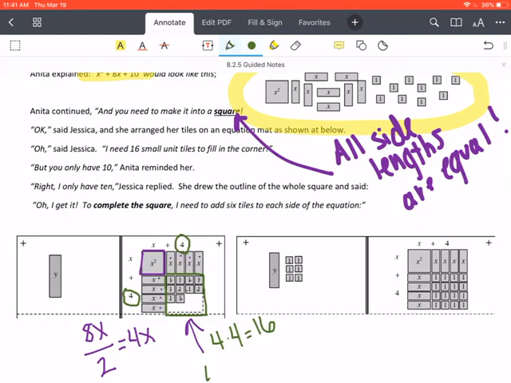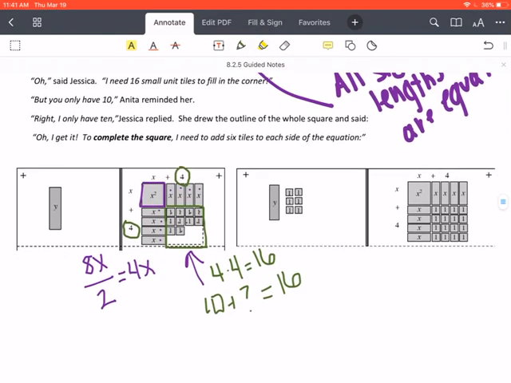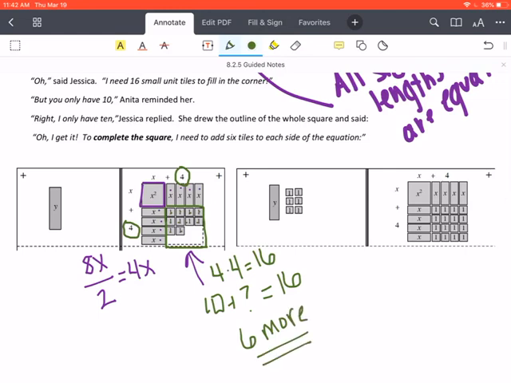However, because we have 10, we're thinking about how many more tiles do we need to get to 16? Well, that's a pretty simple math problem for most of us, and we can see that we would need 6 more tiles. So if you look at the next diagram, you can see that she went ahead and she added,